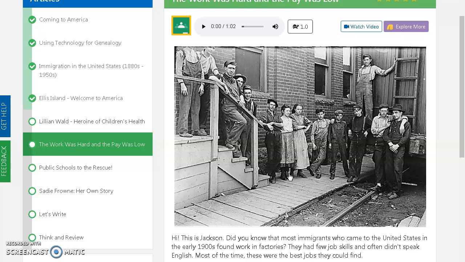Also, this picture asks, what would another caption be from the choices that make the most sense for this photograph? Just by looking at this picture, it says, teenagers and young children often had to work to help support their families. We talked about that last week, that the parents did not have a lot of money, so they had to rely on their children to get jobs, working in factories, and that was when child labor was legal.